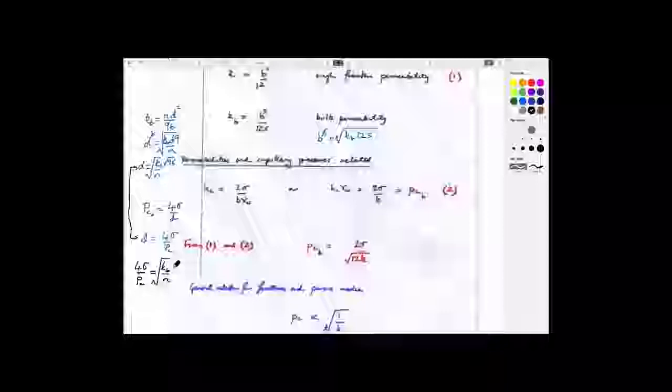So if you take this expression and write them both in terms of the diameter of the tube, which is here, and then you equate those diameters of the tubes, you get a very interesting expression, which is that you can relate interfacial tension, capillary pressure, permeability, and the porosity together. And if you rearrange that,